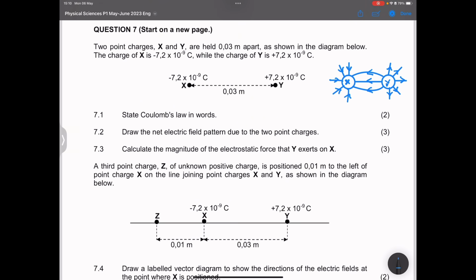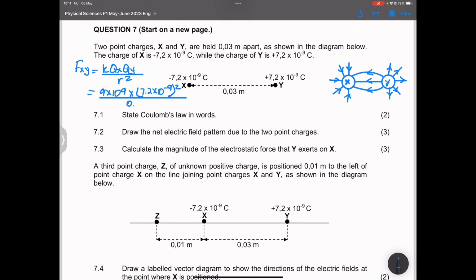Okay, so the next question says calculate the magnitude of the electrostatic force that Y exerts on X. Right, so ladies and gents, to calculate that force, that's the force that X exerts on Y, that's k Qx Qy divided by r squared, right? So remember Coulomb's constant, that's 9 times 10 to the power 9, multiplied by the magnitude of the charges. So that's 7.2. Please note, in this case, it's not necessary for us to put the sign. Now, because the charges are the same in terms of the magnitude of the charge,